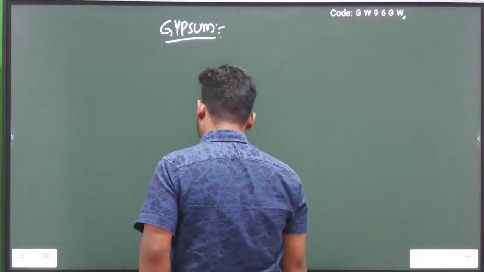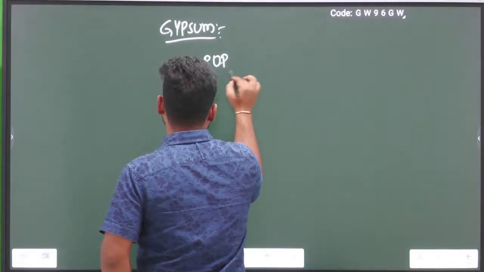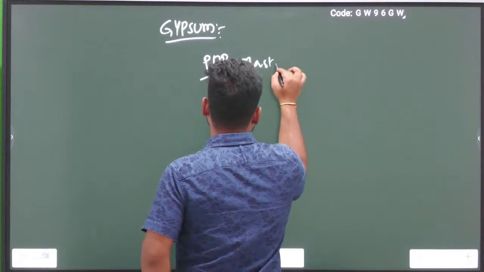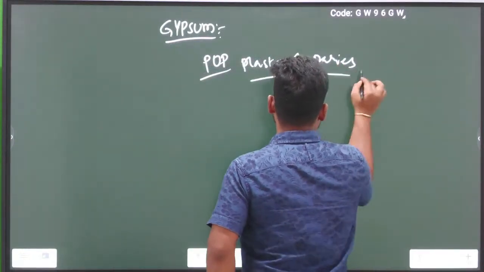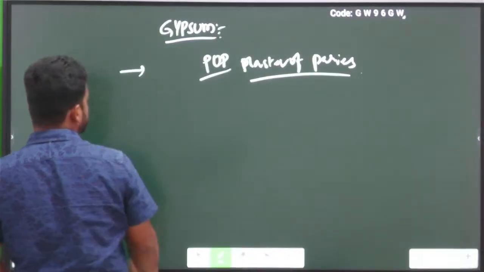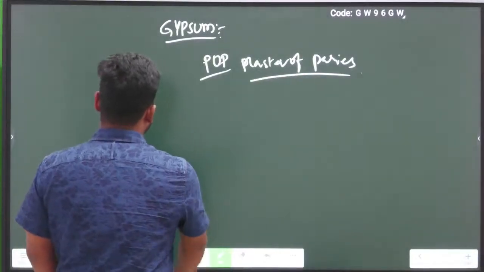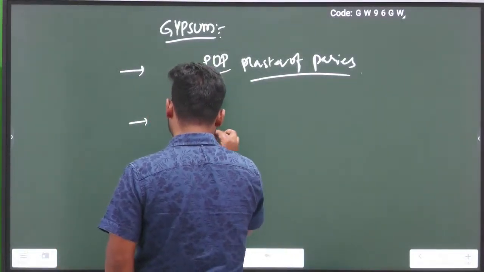So gypsum, which is also called plaster of Paris, POP. So what is its preparation? Its common name is plaster of Paris, which is nothing but gypsum. Its preparative method, what you can say is